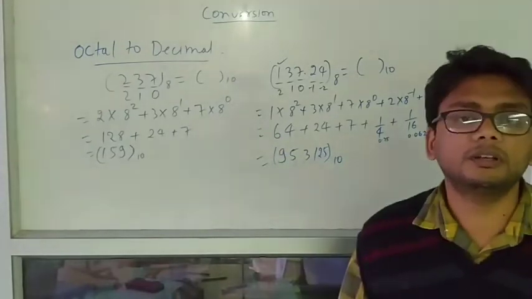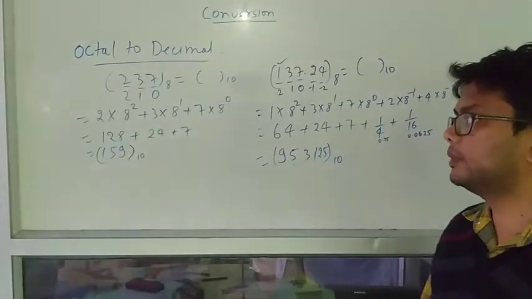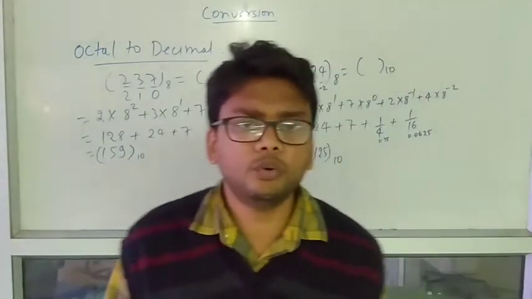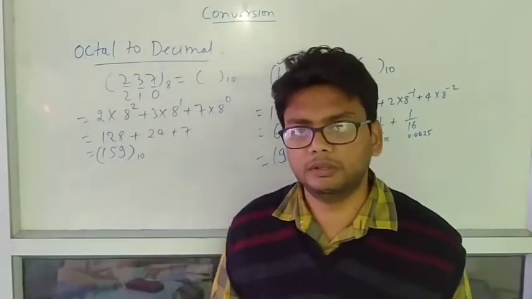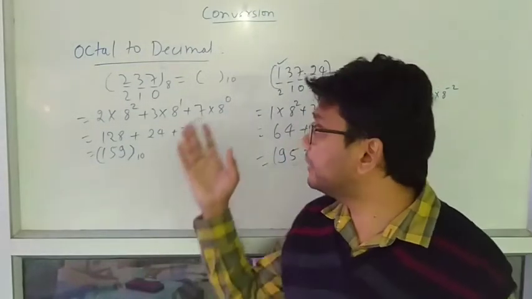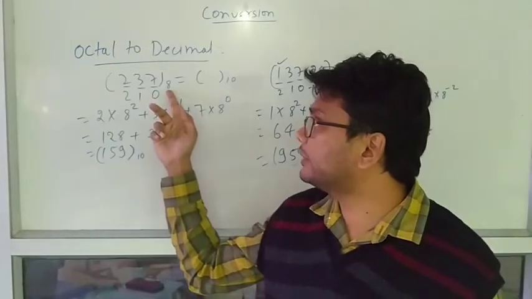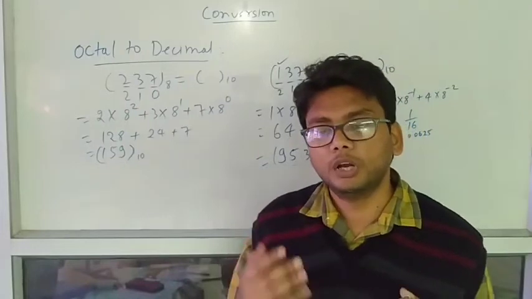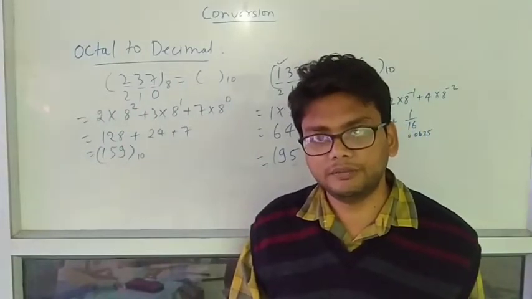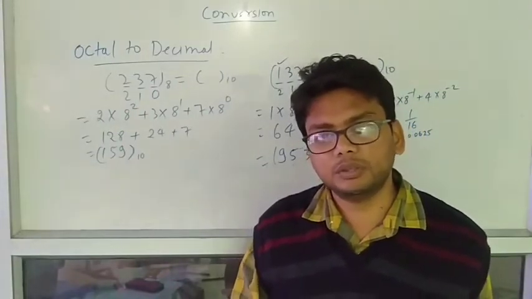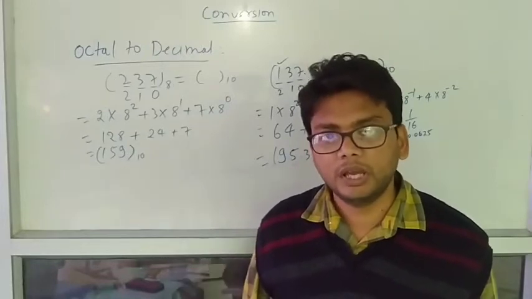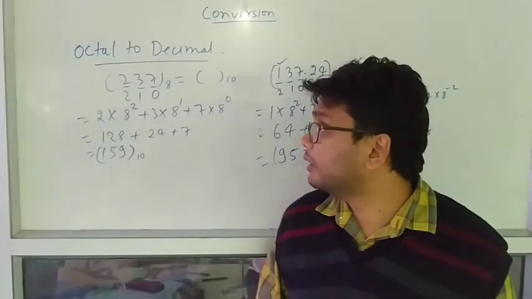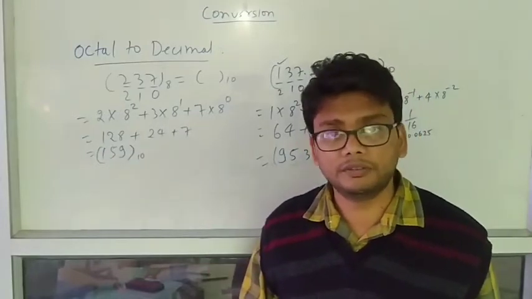How can we convert the binary number into the decimal or octal into decimal? The first thing we can understand is that if you want to convert any radix to decimal, you will multiply by the radix of that number raised to the position. You have to keep this in mind. If you convert from any radix to decimal, you have to do the multiplication, and if you want to do the vice versa, in that case we will follow the division method.